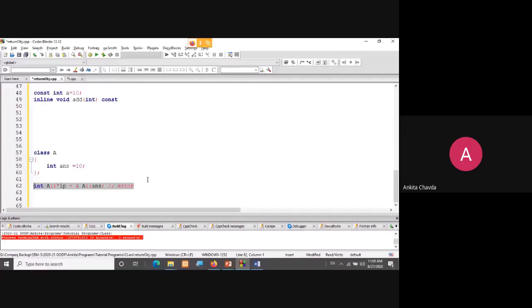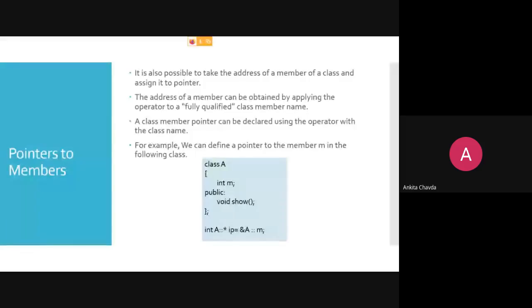And if you are not paying attention, or you have just started your Google Meet and you are roaming around somewhere, then from the book you won't get anything. By looking at the syntax, it is very difficult to understand. So here you can see the same example, class A. I'm having my integer m, that is my variable. Now this is not a simple variable m of the data type integer.